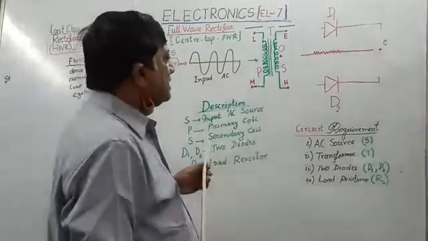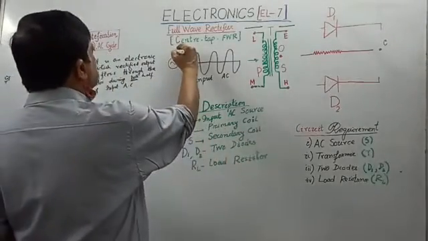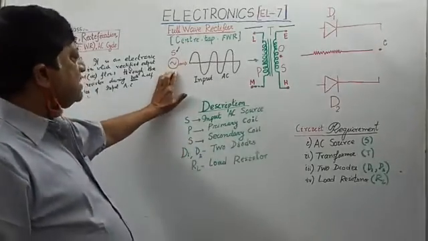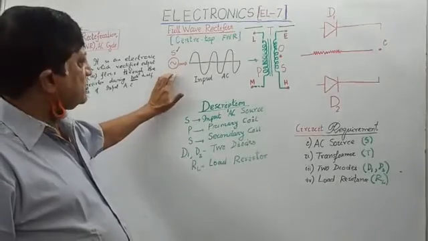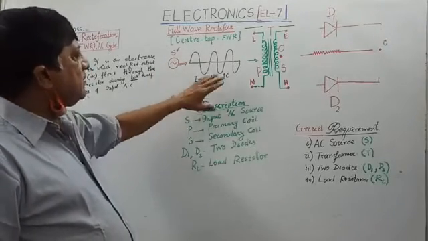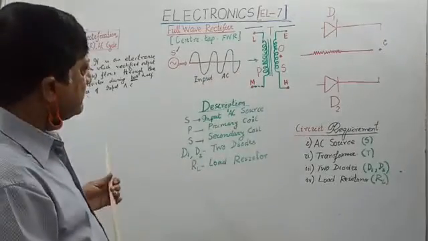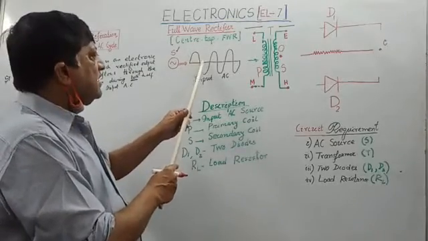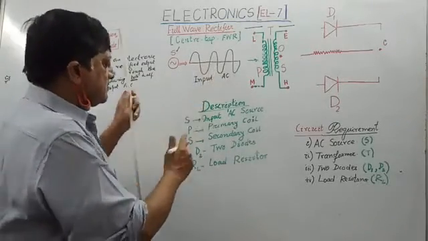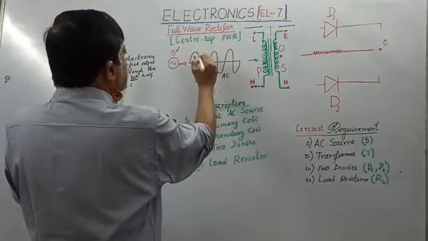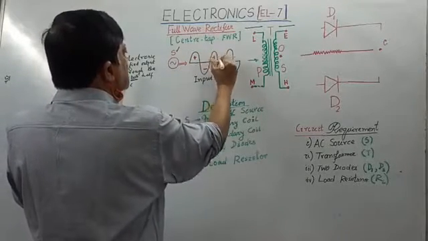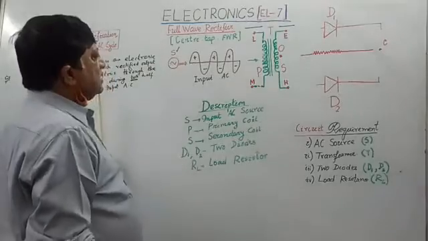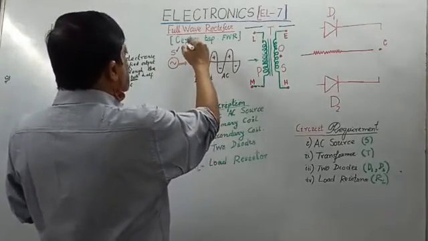Then you say AC source is this one. This circle with a wave, normally this represents a source of AC. What will it give you? It will give you AC. AC is a chain of alternate positive half cycles and negative half cycles. Positive half cycle, negative half cycle. So we can write it positive, minus, negative, plus, minus, plus, minus, and so on. Okay, this is the current.